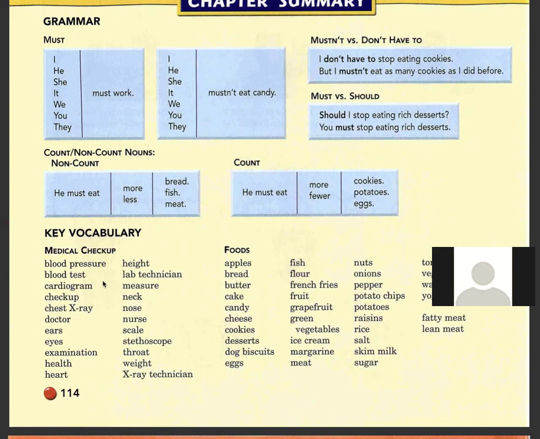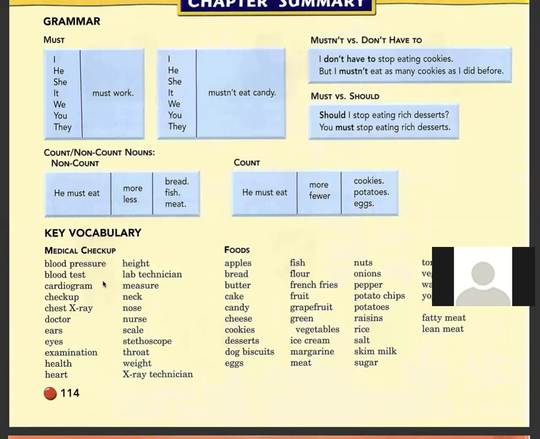The last vocabulary. Blood pressure, blood test, cardiogram, checkup, chest x-ray, doctor, ears, eyes, examination, health, heart, height, lab technician, measure, neck, nose, nurse, scale,